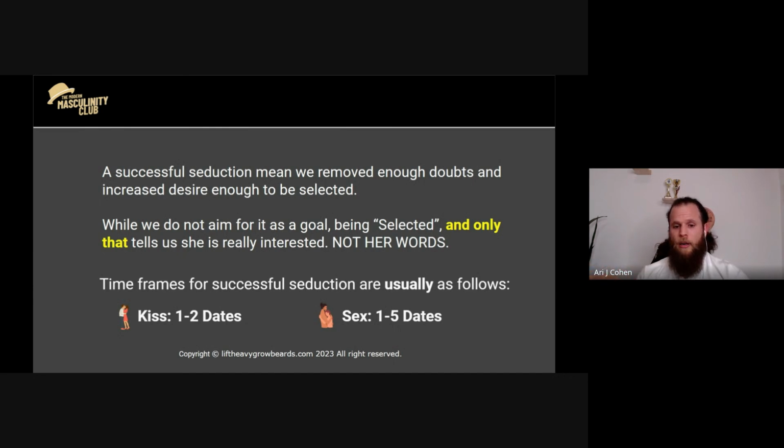But at the same time, we want to understand that some women are very structured and they need more time to open up. So I usually say 1 to 5 dates, because if you didn't have sex yet after 5 dates, it means there is something unnatural there and you want to expose it. Whether she has some sexual trauma, or a certain construct around sex, like she needs to wait X amount of weeks or months, or she doesn't want to have sex before marriage. I don't know. These are things that you need to know, so it's worth asking about. Otherwise, you're just going to make out with her and get blue balls for the rest of your dating experience, which is not fun.